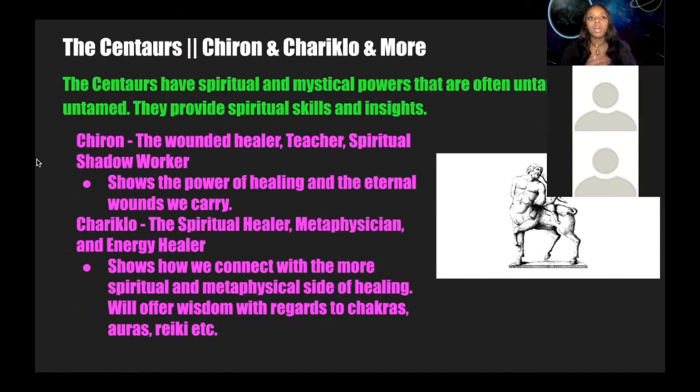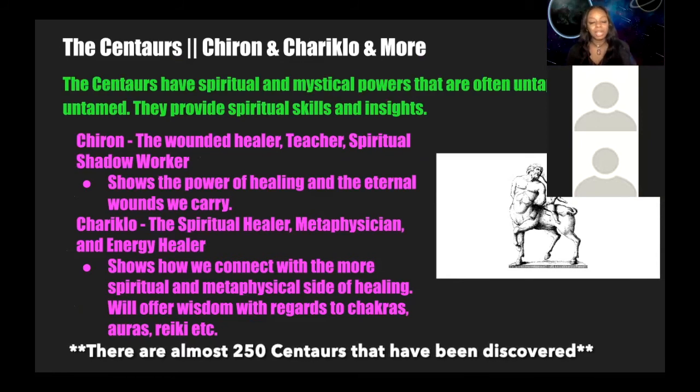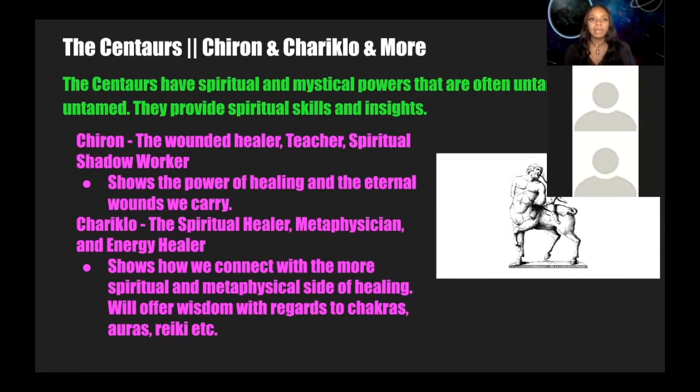Now we move on to the Centaurs, which are the second set of asteroids in our solar system. These Centaurs are Chiron and Chariklo and more. There are many Centaurs, probably hundreds or thousands. And these energies are a little bit different from the asteroids in the asteroid belt because the Centaurs go beyond